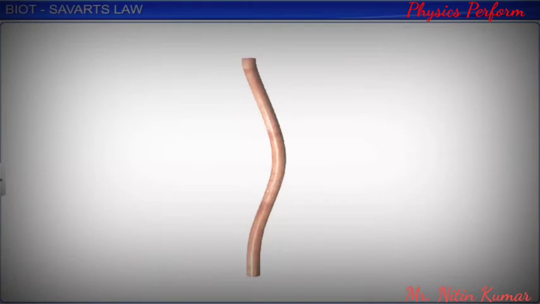Now, consider a finite, long conductor XY of any arbitrary shape carrying a current I. Let P be a point in the magnetic field of the current carrying conductor. To determine the magnetic induction B at point P, due to the current carrying conductor,